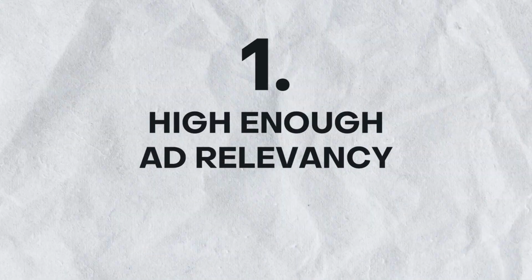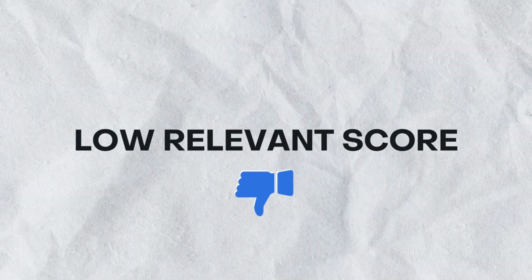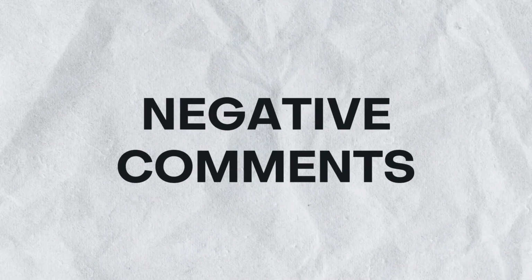So the first issue that I see appear for a lot of small businesses is that they do not have high enough ad relevancy. When you target an audience, Facebook will give you a score dependent on how relevant your ad is to that audience that you're targeting. Now, if you're not targeting the right audience, Facebook will basically give you a low relevance score. This will increase the cost of placing your ads in front of these people, and it will also probably get you some negative comments on the ads because it's just not relevant for the people you're targeting. So the easiest way to solve this is to basically broaden out the targeting, and that way people won't see your ads too many times, so you won't annoy them with your ads,